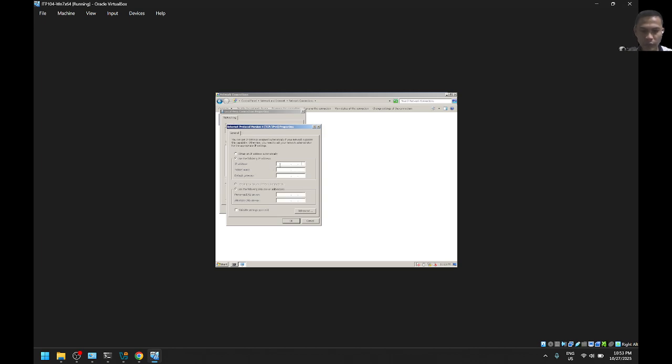Turn on lock. Then 192.168.1.253. My base OS IP address's last octet value is 254, so I'll be using 253 for the virtual OS. Tab, as is our subnet mask. If we are not using subnetting, the gateway is the same as our base OS. Hit OK.